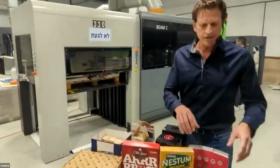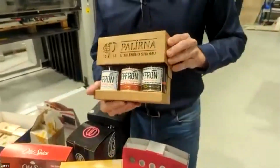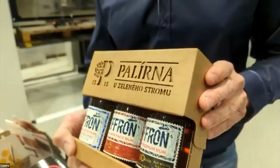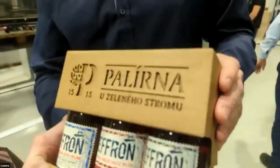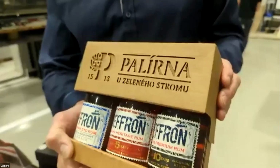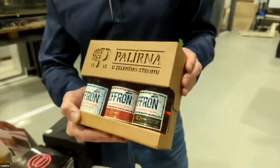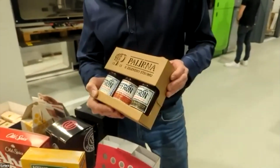So there's a nice example of a print-free corrugated package, for spirits. These are 3 bottles of rum inside. And you can see this is a unique box. There's no print. There's no print embellishment, saving costs on print. It's just a brown corrugated box with added value by the Highcon laser cutting, something that probably a conventional die cutter could not do,